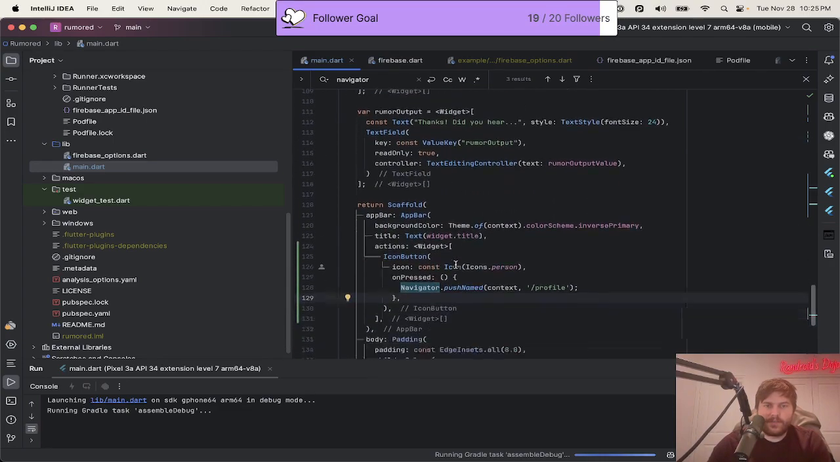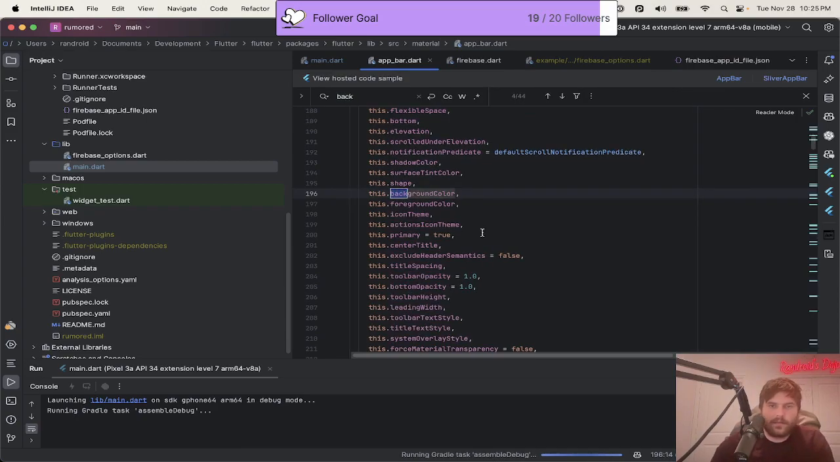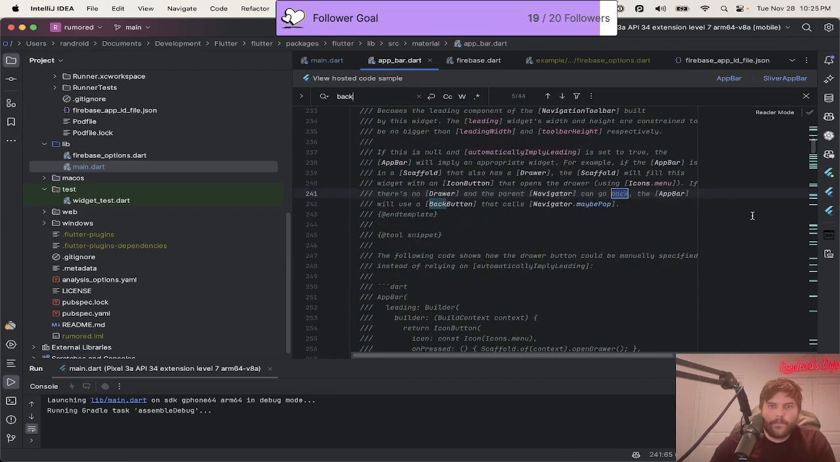Actually, can you add a back button? I don't know if it's an action though. Back. Let's add a back button. We'll use a back button. There's no drawer in the prior navigator. You can go to